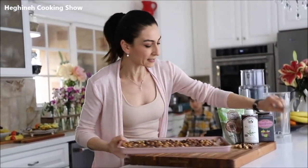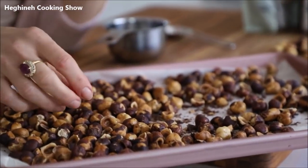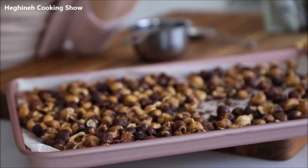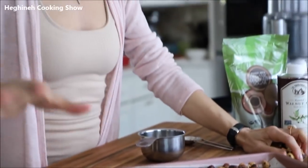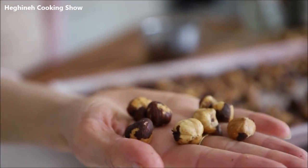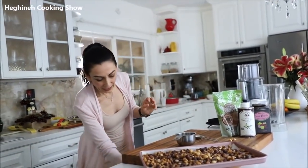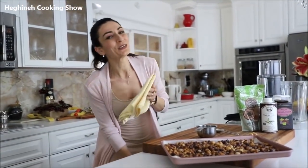You need hazelnuts, and I already buy roasted hazelnut, but I tend to like more double roasted, if I can say so. I already roasted hazelnuts until they get nice and toasty color. But if you want to go ahead and use just as is, but still roasted, they have to be roasted, go ahead. Also, you will need to remove the skin, for which you will have to put them in, let's say,